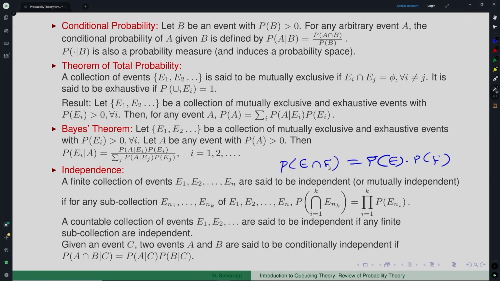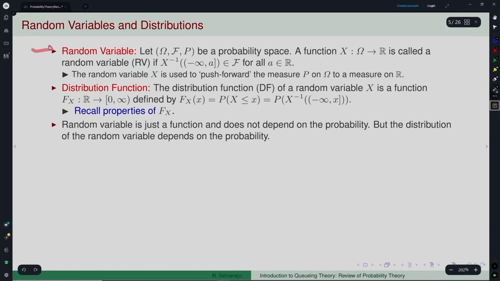Okay. So, this is the basic probability idea, but what people generally work on is something which you define on a probability space, which you use further in all your modeling purposes. Okay. A quantity of such interest is what we call a random variable. So, what is a random variable here? You have a probability space, and a real valued function on omega is called a random variable if the inverse images of these sets are all inside this F for all A in the real numbers.